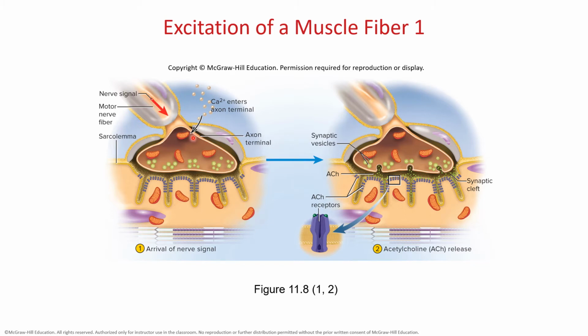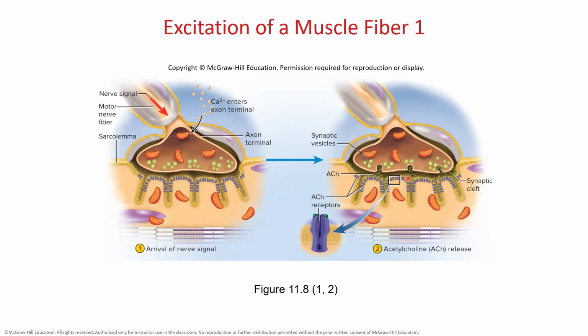So a nerve signal is going to arrive at the axon terminal here. We're going to talk about the excitation of a muscle fiber. So we have a nerve signal arriving at the axon terminal, which is going to open up voltage-gated calcium channels. Calcium ions are going to rush in, and then the calcium is going to stimulate the synaptic vesicles. So these little yellow things here are going to actually release the neurotransmitter acetylcholine into the synapse here, into that